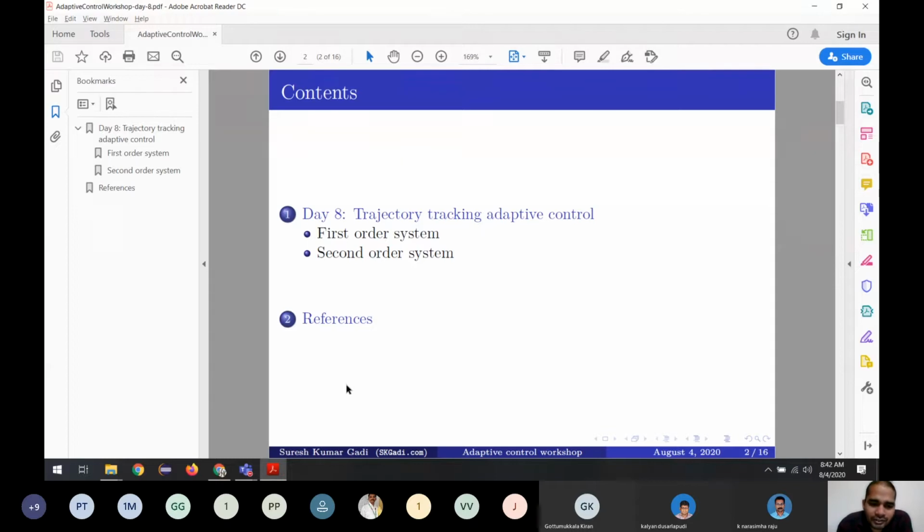The objective today is to apply adaptive control to track a trajectory. What does it mean? If you give one reference value, any value, like you want to follow a certain path, your output follows it. You apply this control algorithm, which we are going to discuss today, and it will make sure that your path is followed. So the output of the system will be the same as the reference you are giving.